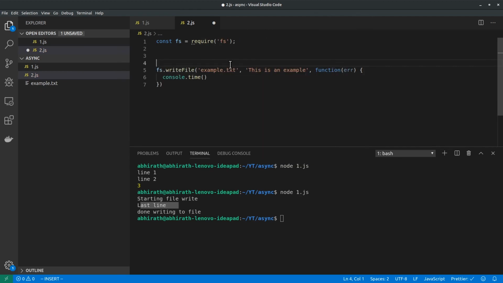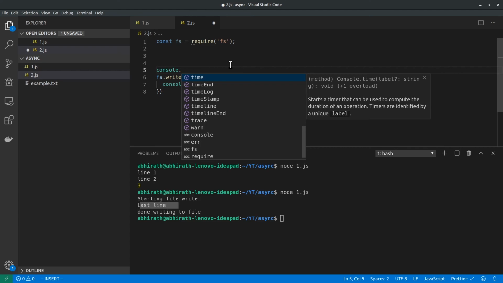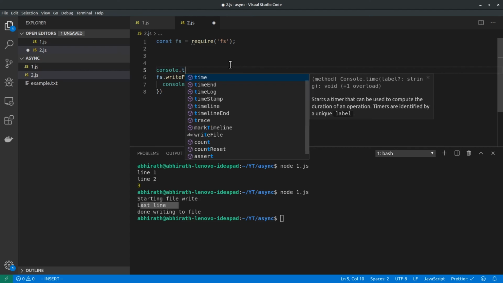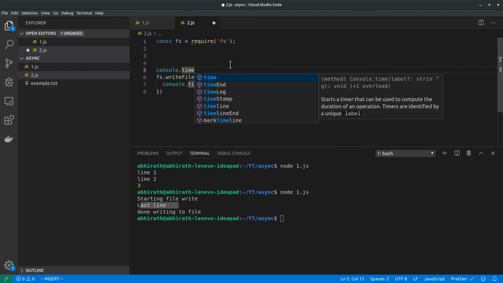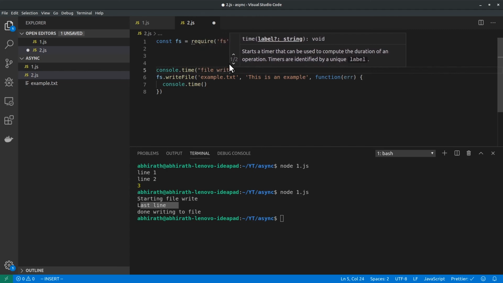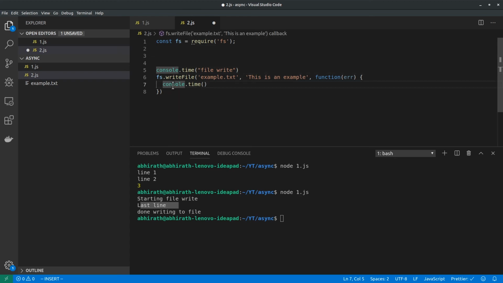console.time. Let's measure the time it takes to write to a file. You have a function called console.time, "file write". So it starts the timer when it sees this line, and when the file gets written, when the operation is successfully completed, it comes to this line, right?